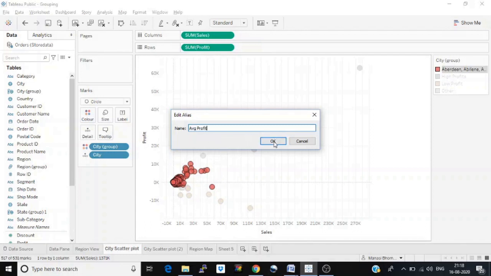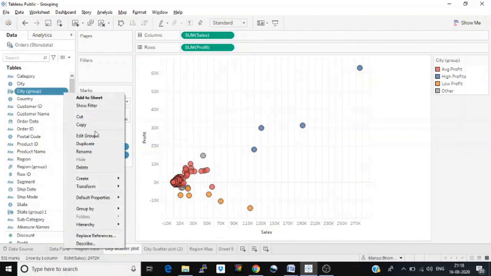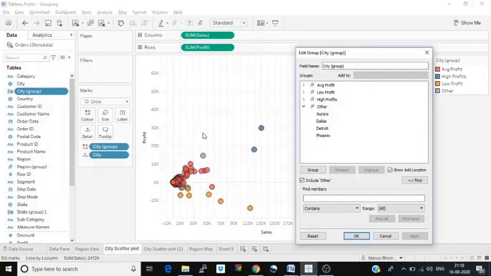Average profit. Okay. Now you can see I have missed some of the cities. So for that, you can go into this city group, click on this, say edit group, and if you can see under this other, all the cities are over here. Let's see which city we have missed.